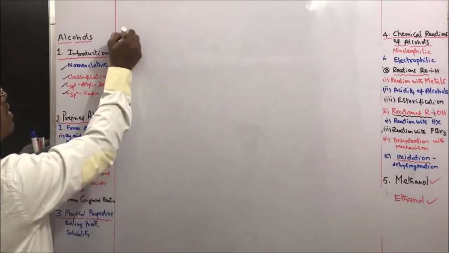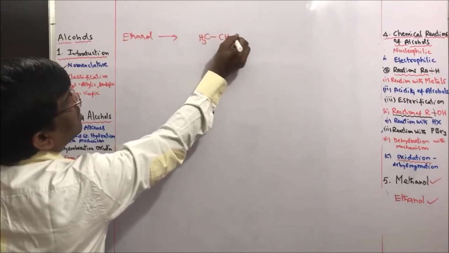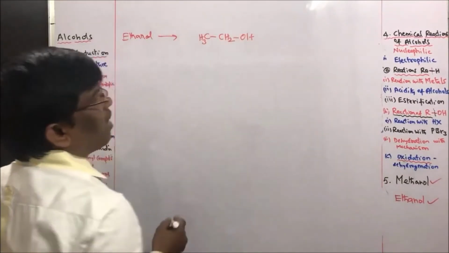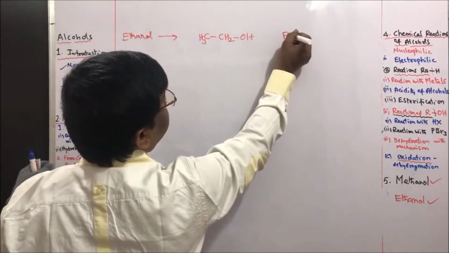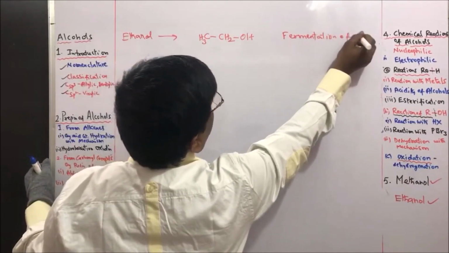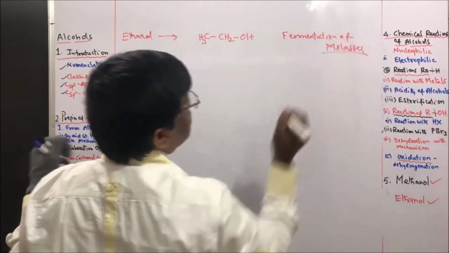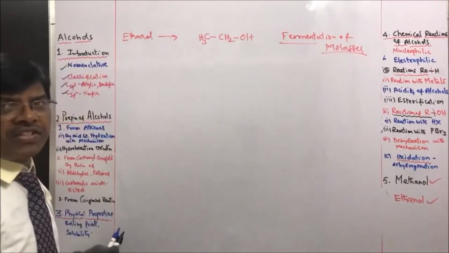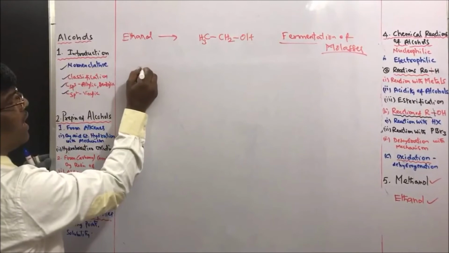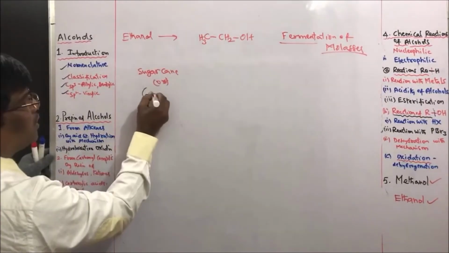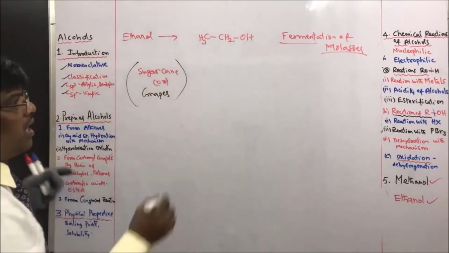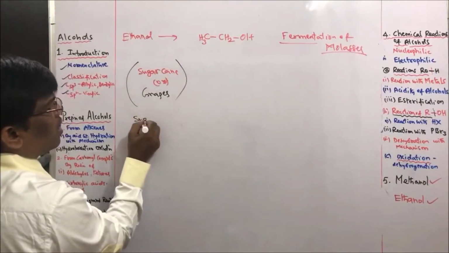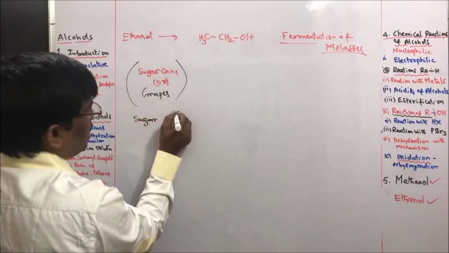So ethanol, CH3CH2OH. This ethanol is traditionally prepared by fermentation of molasses or sugars. During sugar extraction, sugar cane or grapes will have sugars, right? These sugars, what is the sugar formula? Sugar is